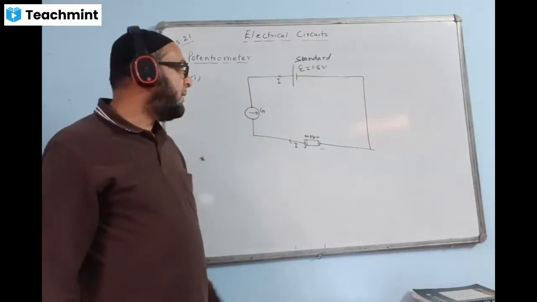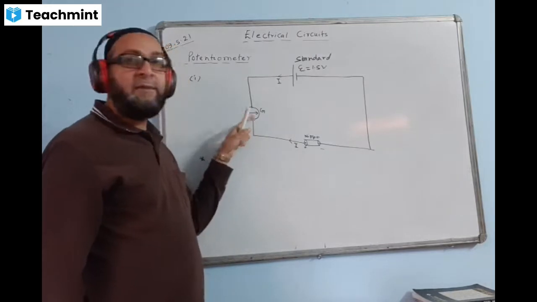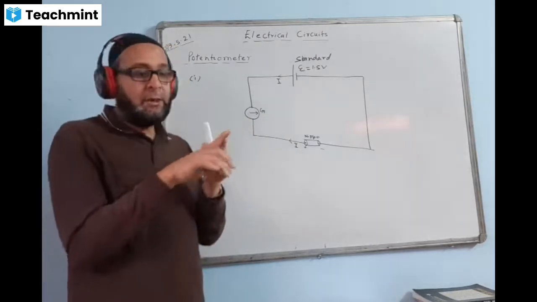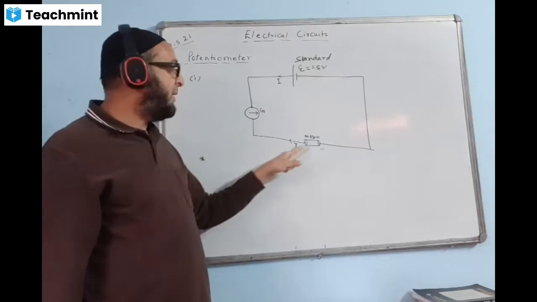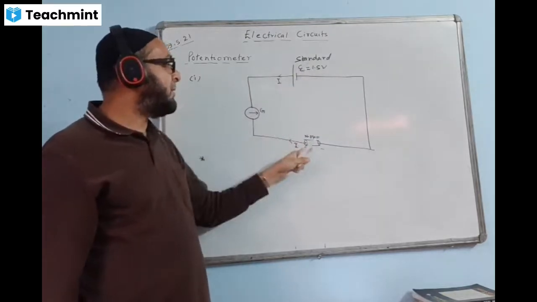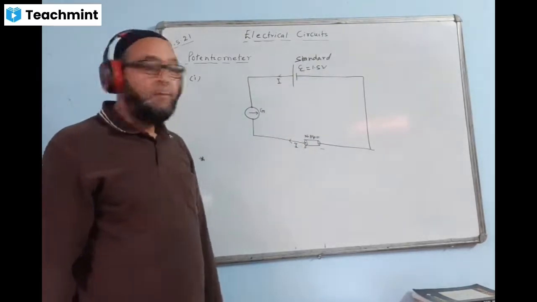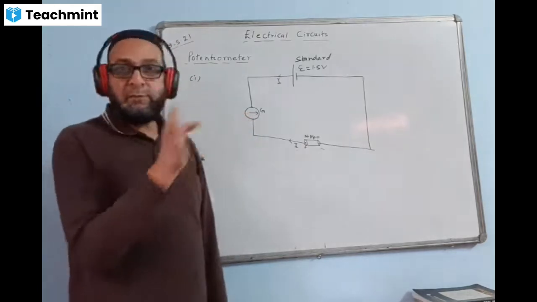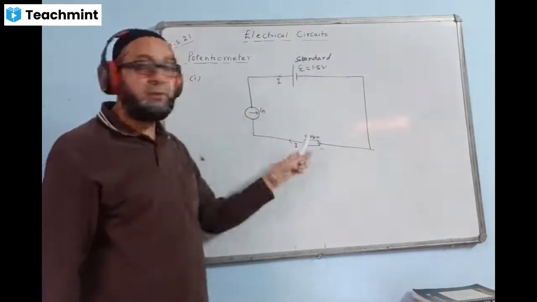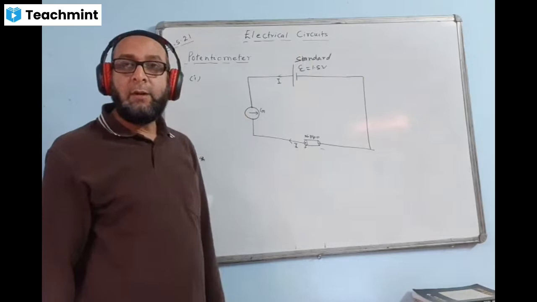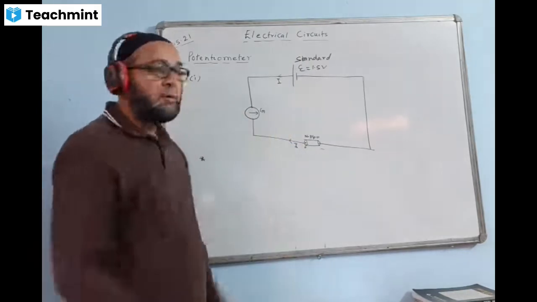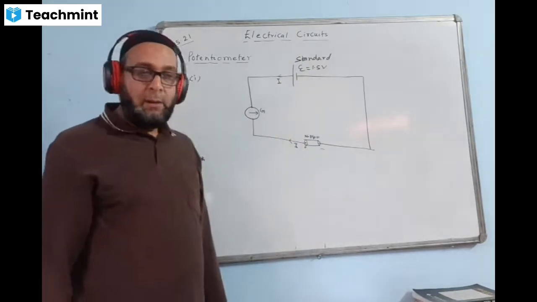And in that meter, they will check if the galvanometer gives zero deflection. If the galvanometer shows zero, that means the EMF of this cell is equal to this value, that is exactly 1.5 volt. But if the galvanometer gives some deflection, that means they are not of equal value. That is for sure. It may be less, it may be more. That means they need to correct this cell.